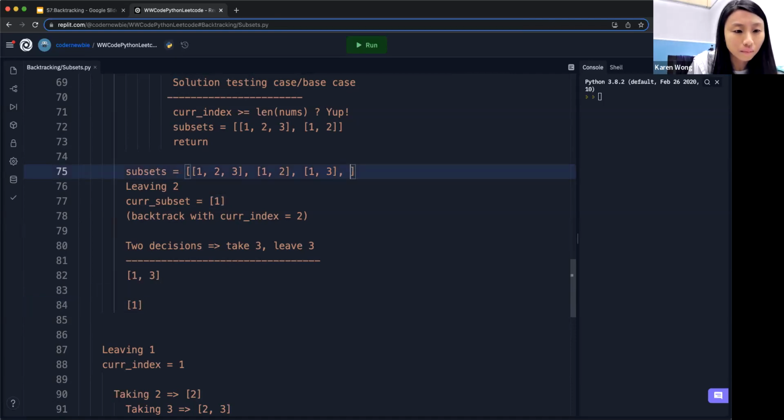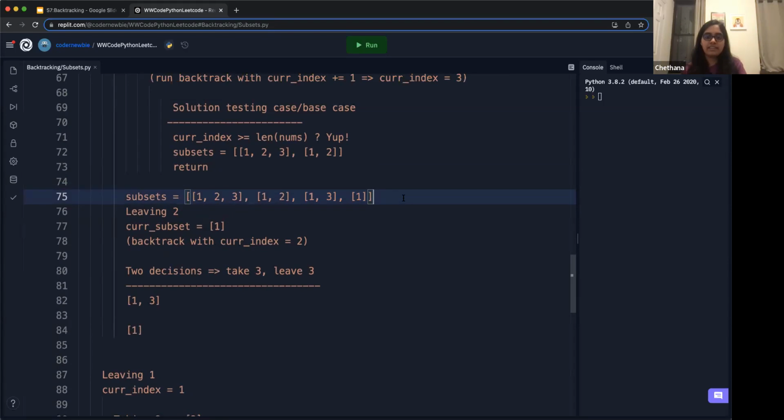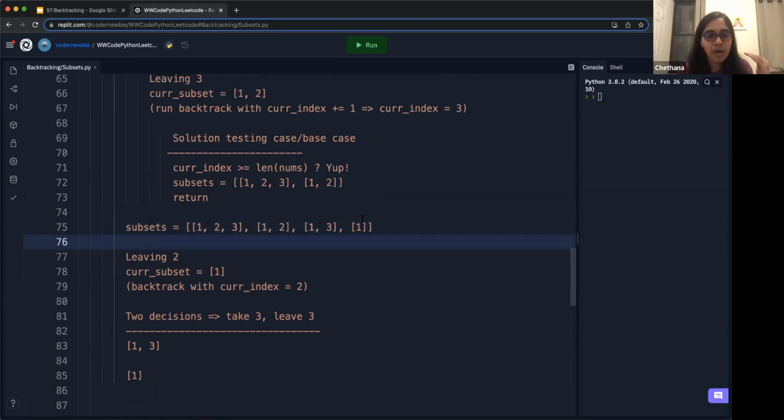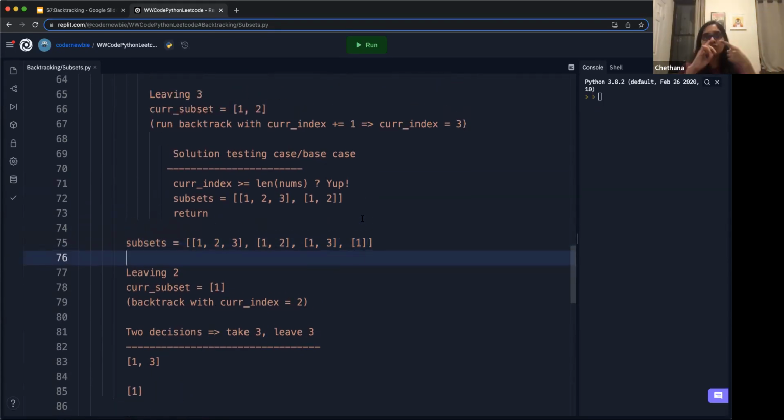Sorry, I'm not good at typing and talking, but when you took 1 and then you took 2 and then you took and left 3 and then you left 2 and then you took and left 3 again. So these are all the subsets that you were able to get